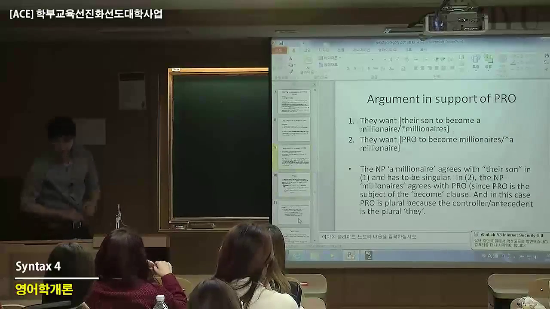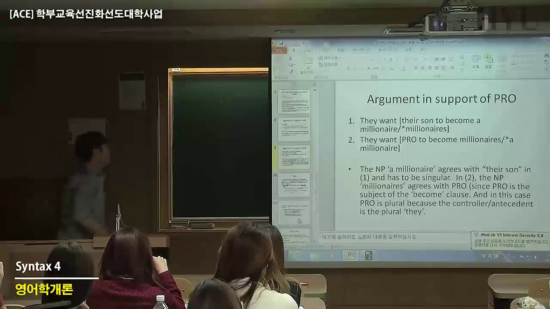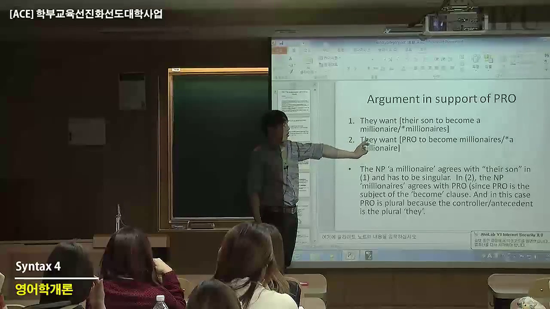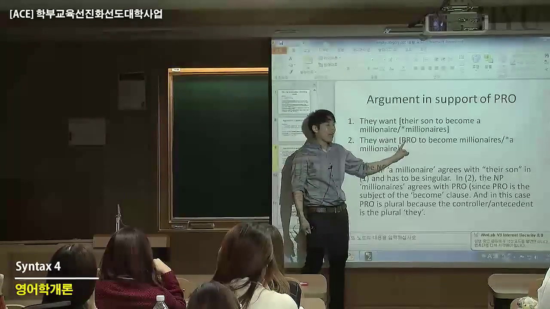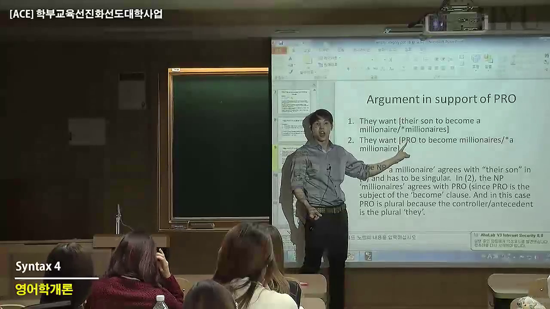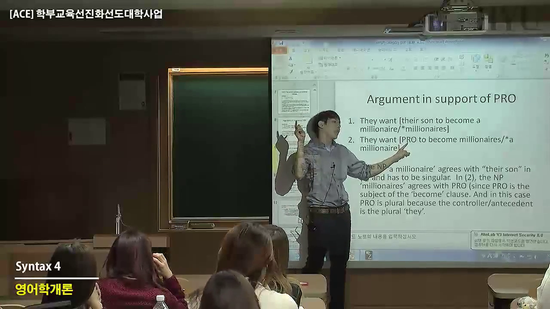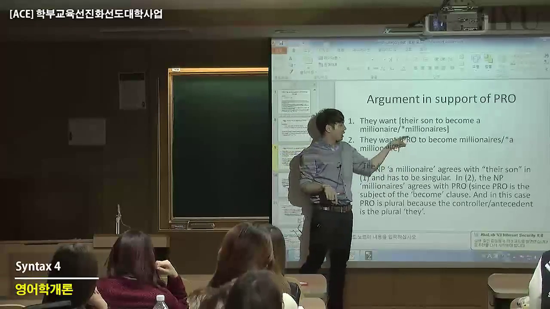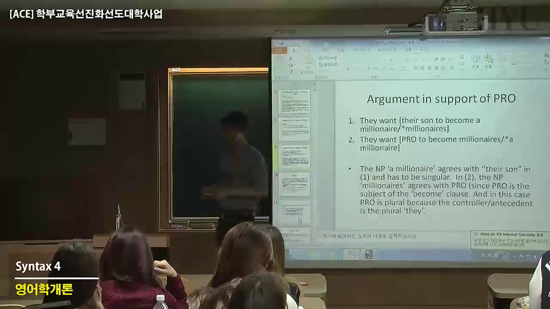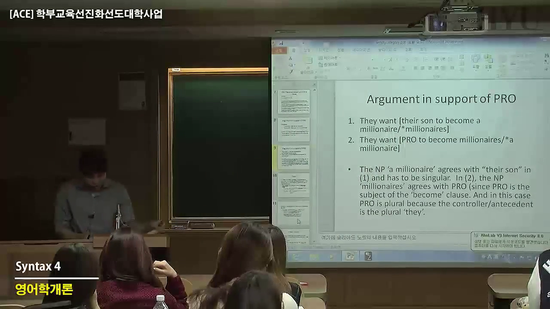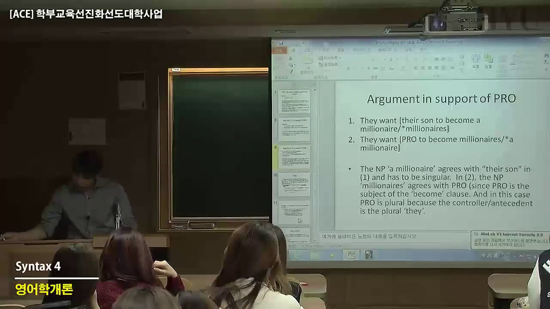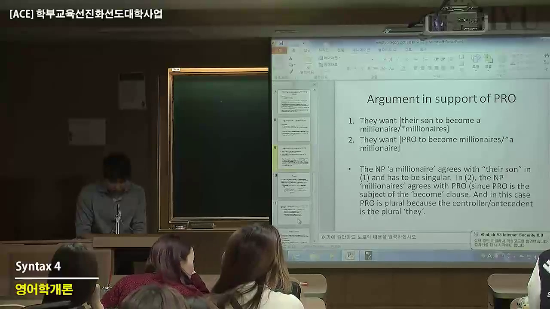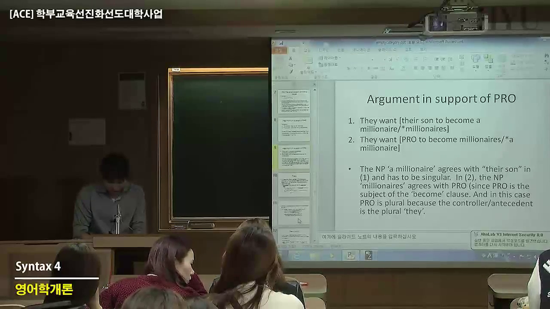Okay, so we'll do the pro here. So let's draw a tree for this one. Can you try your hand at this one? They want to become millionaires. So this has to be a CP, because it's a small clause. But that CP has no complementizer, and the subject is pro. So I'll show you in a minute. Let me do that here. So they want, so NP, VP, they, and then we want,